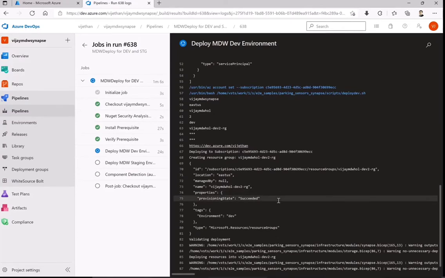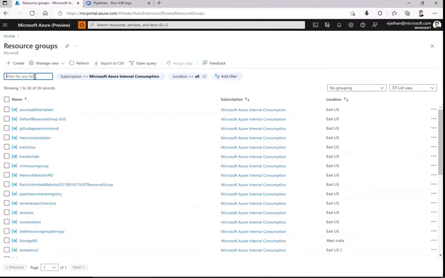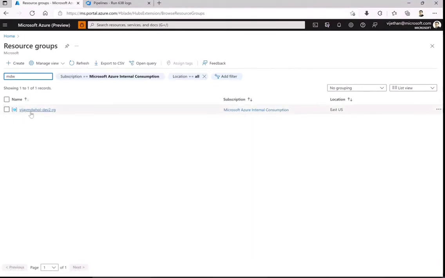And as I've shown you, the Bicep converts to an ARM template. This will first validate that the ARM template itself is proper. Once it knows that it's proper, it will go on deploying the resources. Simultaneously, as I've shown you, I have the Azure subscription which I'm running. Let me first check if I have any resource group created. Yes, this is the resource group we had just created.